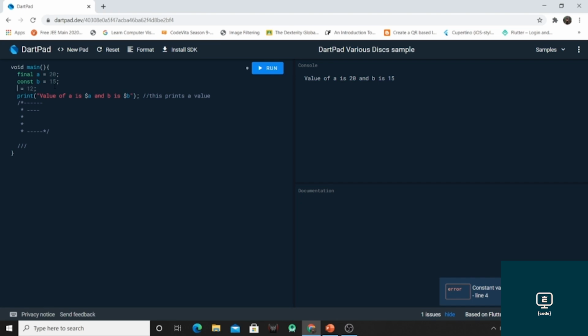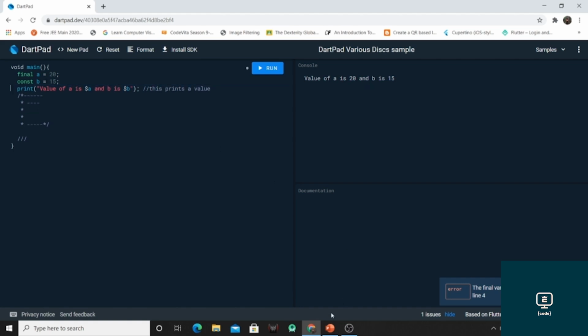Or if we try to change the value of a variable which is declared as final, then also we can't reassign the value of that variable. So the error is the final variable A can only be set once, that if we have initialized the value once, then we can't change its value.